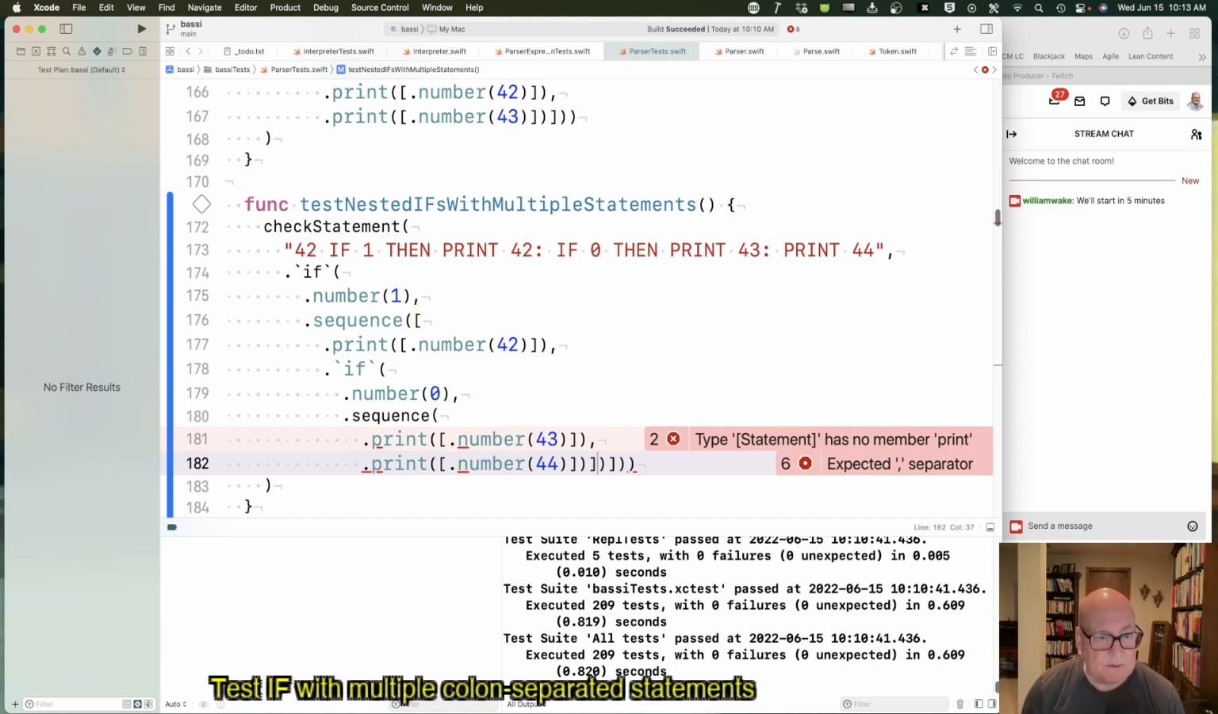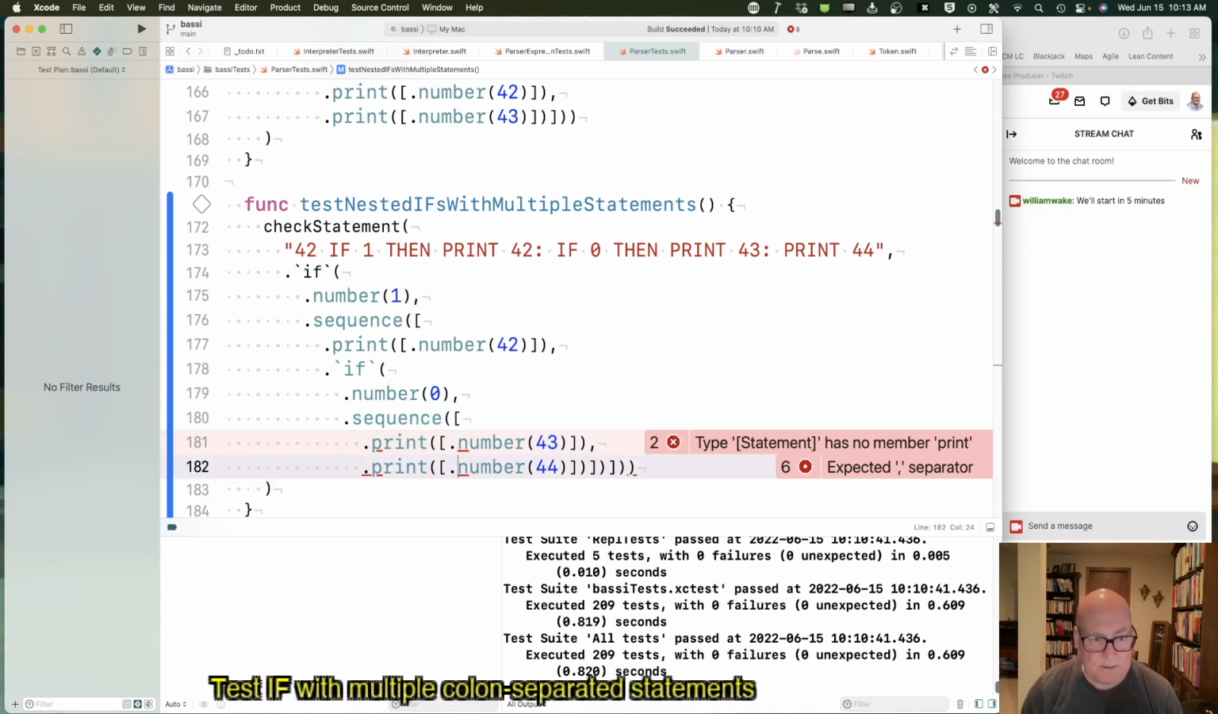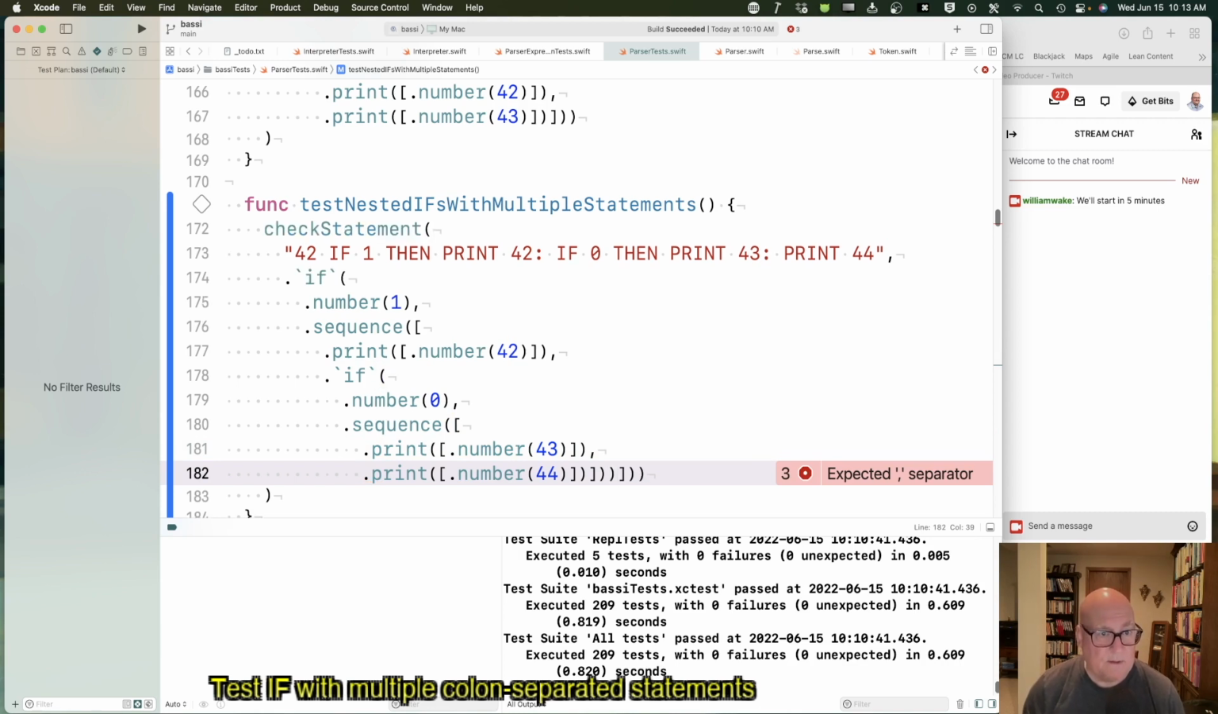Okay, we close. Oops, we didn't close the right sequence. This sequence needs to close. Close that, close that, close that. Close this sequence, close the parend. Close the if. Close the sequence, parend. Close the if